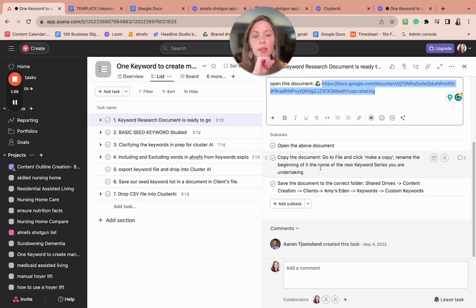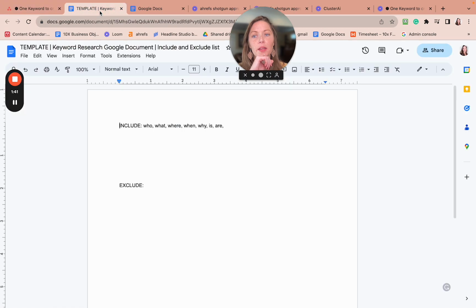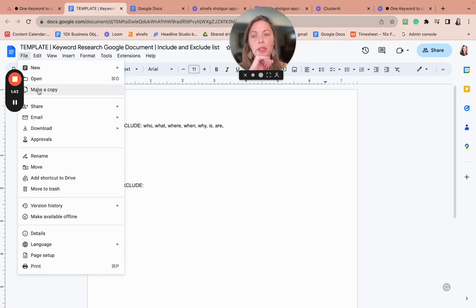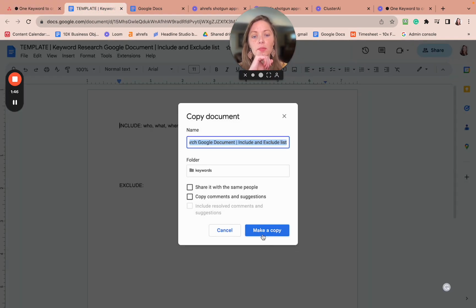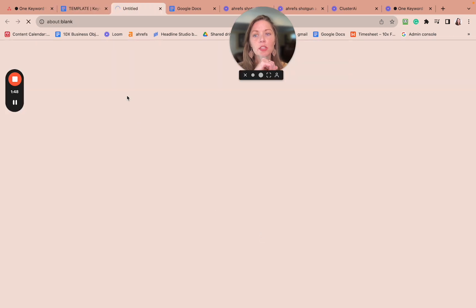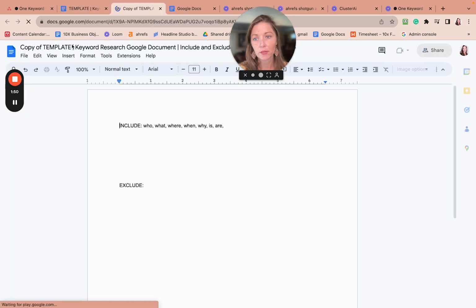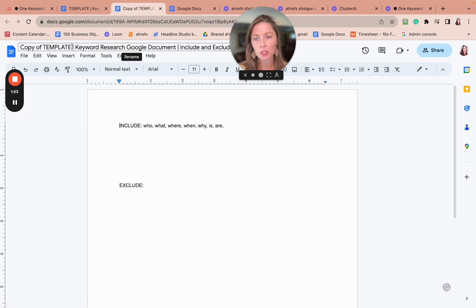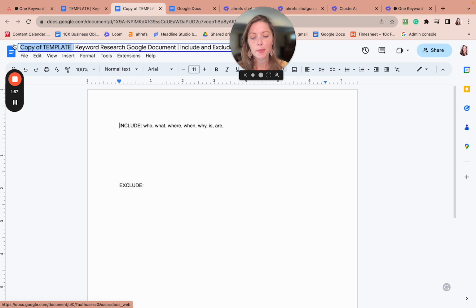Open the above document, then copy the document by going to File, make a copy, change the name, because it's just really good to have really clear documentation of everything you're doing with keywords. So I'm going to do my research on palliative care, and I don't want to have it capitalized, but you can have it capitalized, doesn't matter. Okay, and then